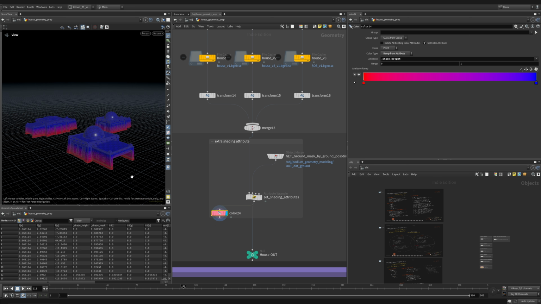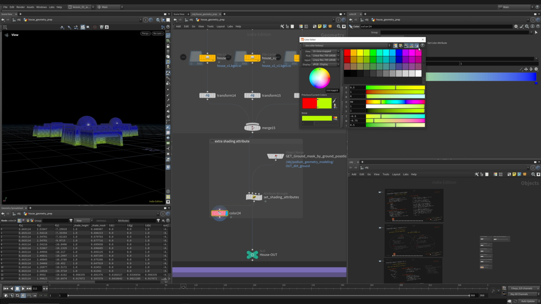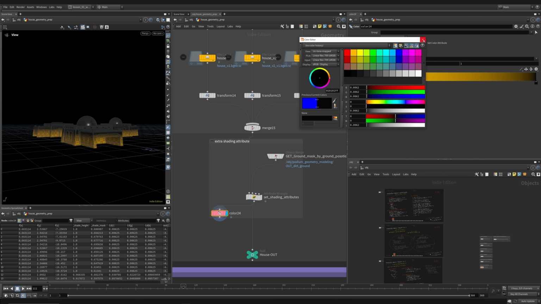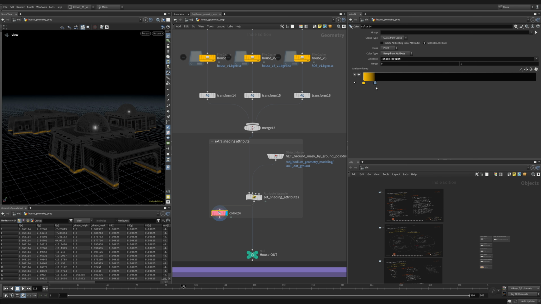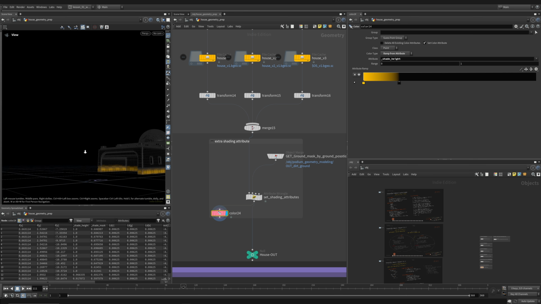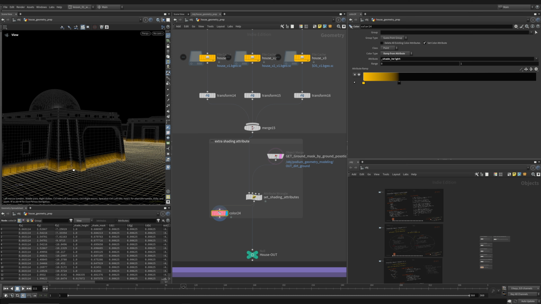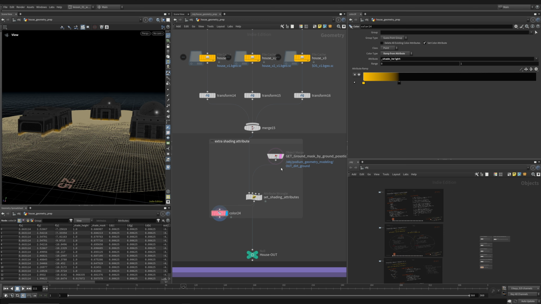But this is the attribute I needed, which is a shade height. And you can see I'm using a color to remap this. What I use this for is in shading to set the height from our ground. So then this is used to add a little dark ridge of buildup and dirt next to the ground. And then if the ground actually changes,